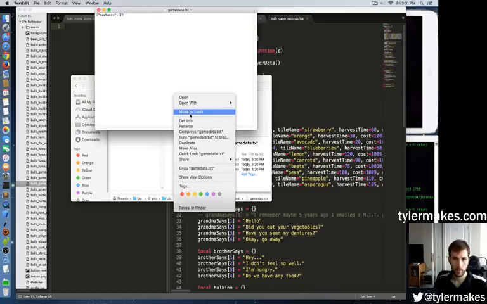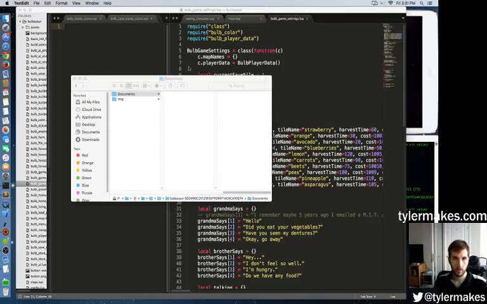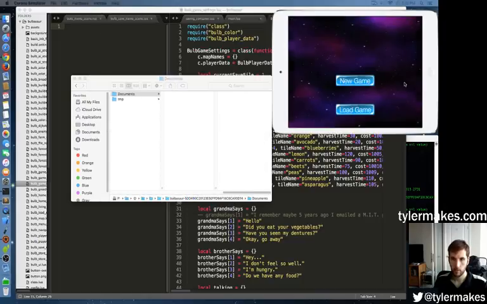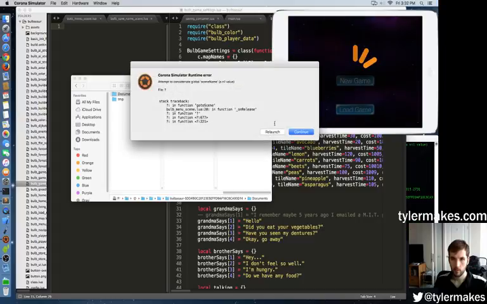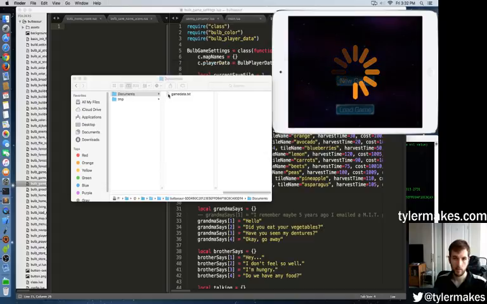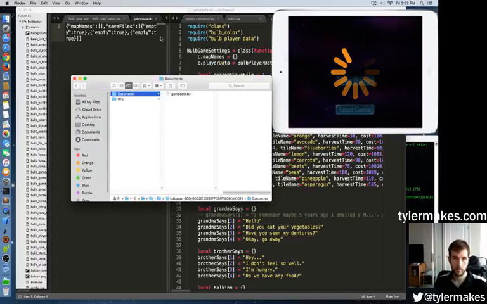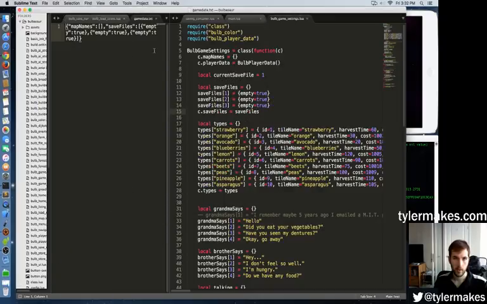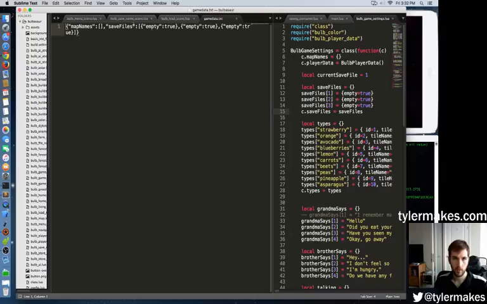Again, maybe we need to refresh that. Let's just double check. Okay, there we go. Something's different. CName and nil value. Yeah, see, there we go. Just needed this to be able to save files back to the code. Okay, that's great. Now,